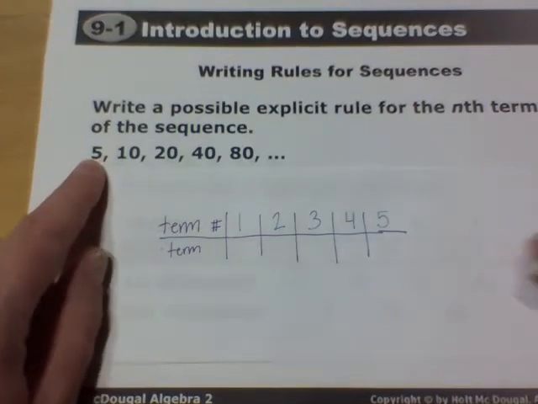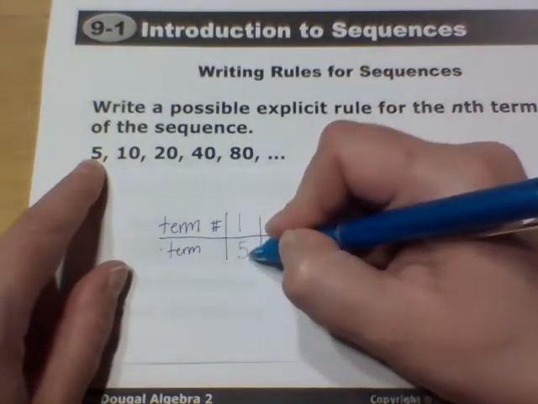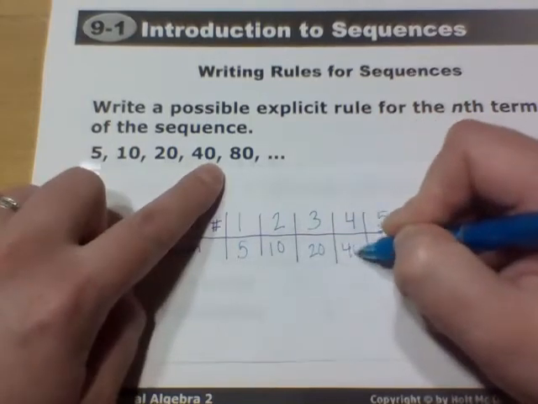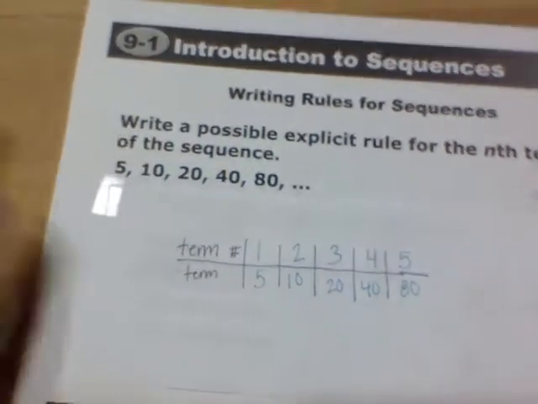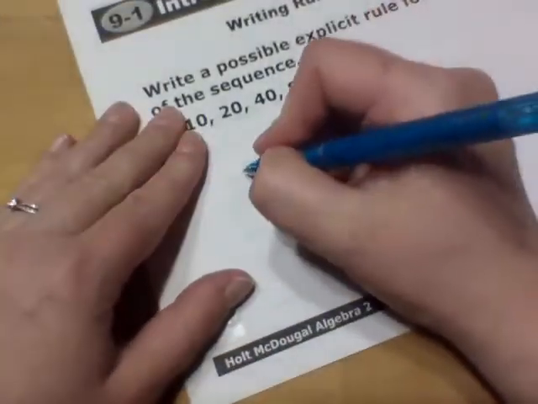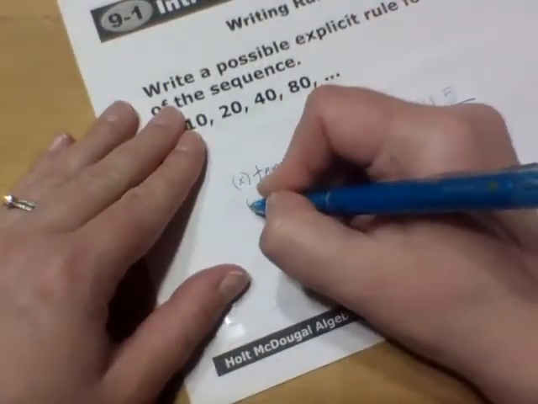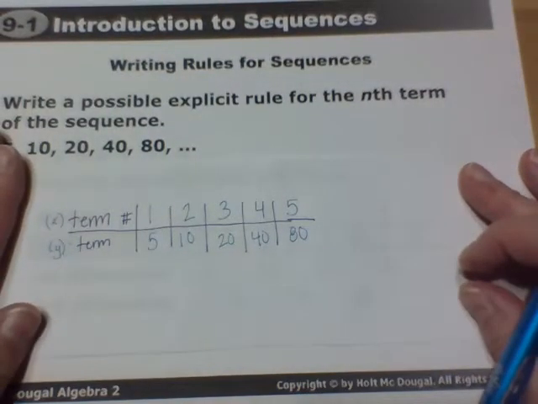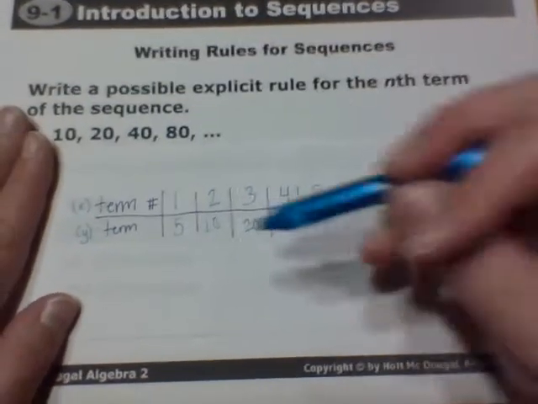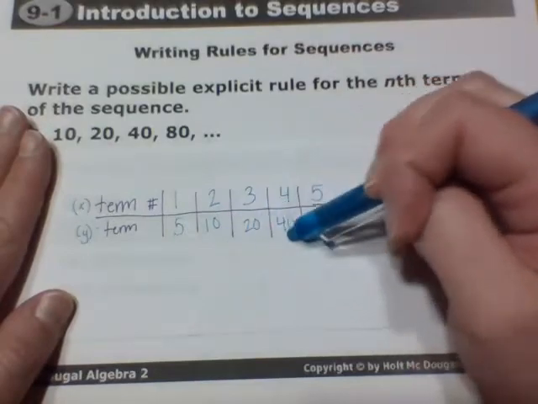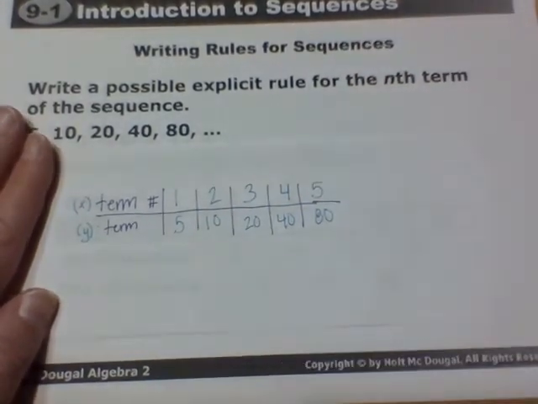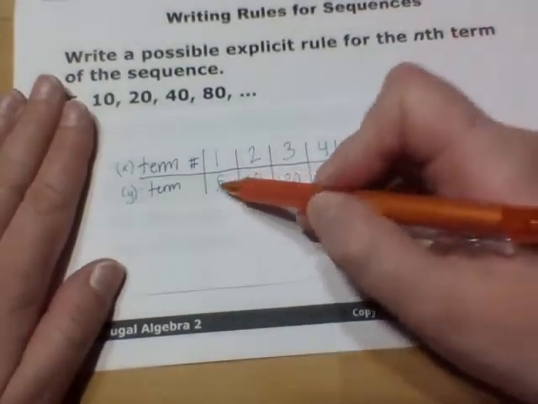Then the next piece here, our terms become 5 at the first one, 10, 20, 40, and 80. So again, this is very much like our x's, and this is very much like our y's in a traditional function format. So now all we have to do is take our differences and see what it takes to get from, for instance, 5 to 10. So if I take 10 minus 5,